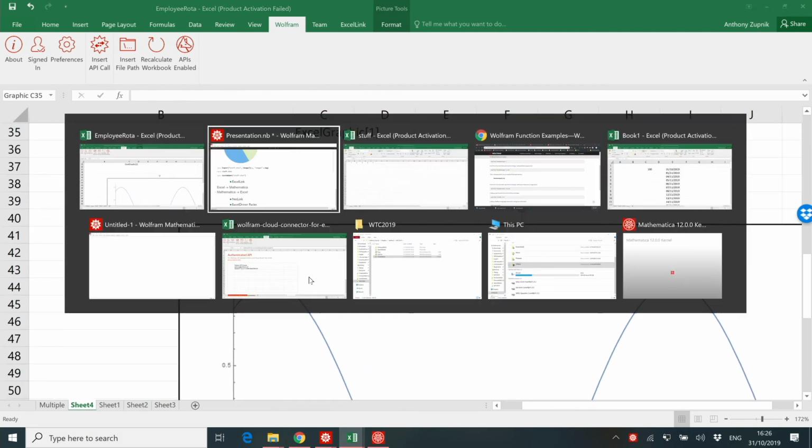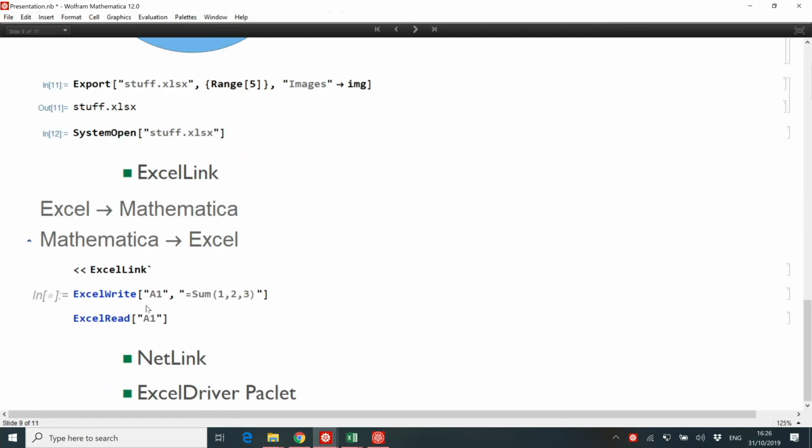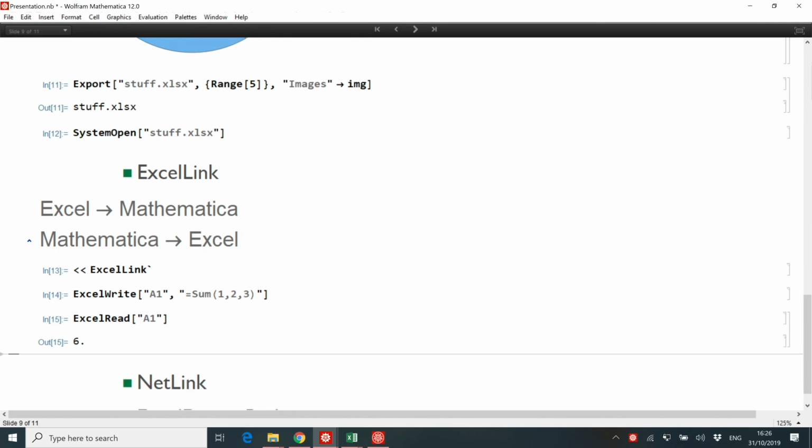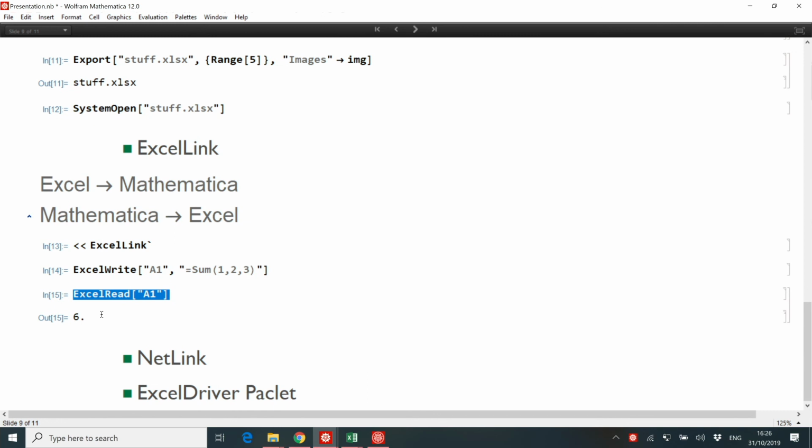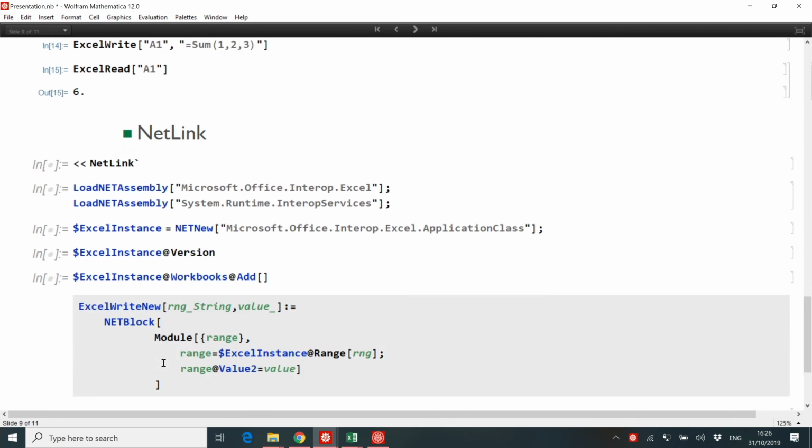Excel to Mathematica, and then you can do it the other way around, where you can use the Excel link paclet to write to Excel, and then read from Excel. So this just does sum 1, 2, 3, and then the sum of 1, 2, 3 is 6. So you can make your own Excel link if you wanted to, and this is something that I've been working on for testing purposes for the Cloud Connector. But if you use NETLink, you can load your assemblies. I don't know if this is actually going to work because the things aren't highlighted correctly, but I made a function